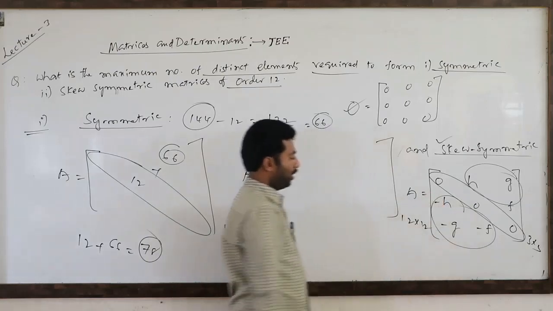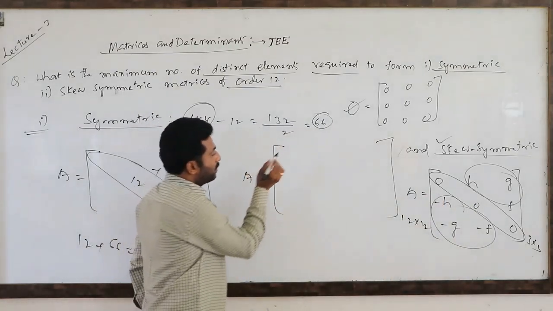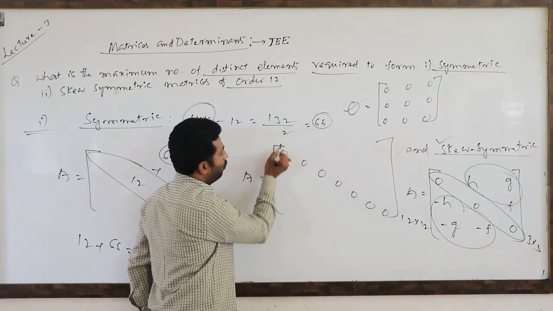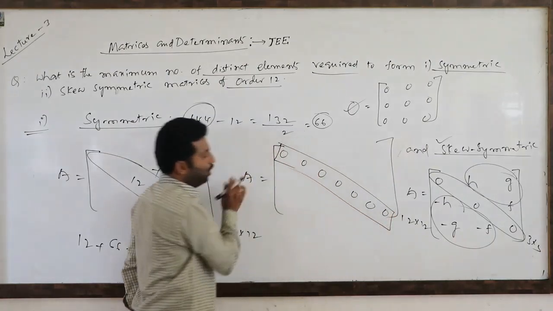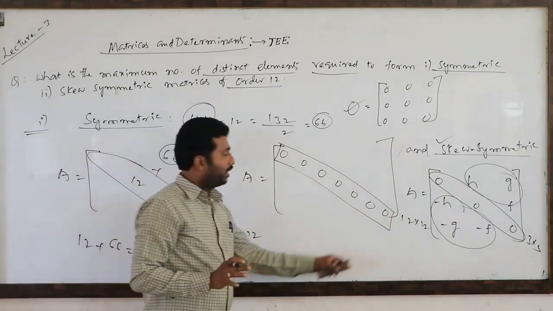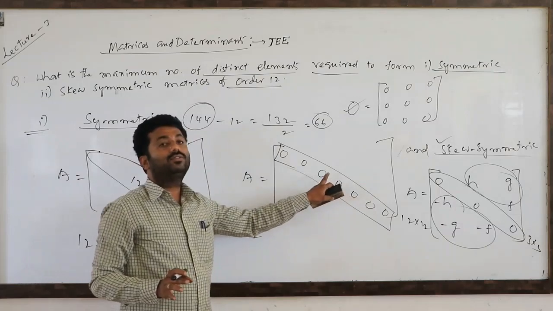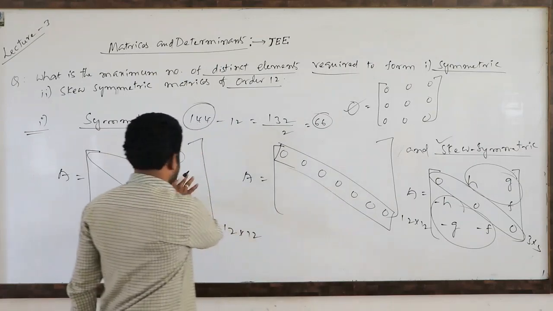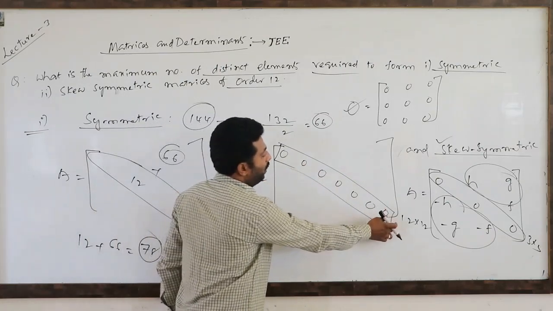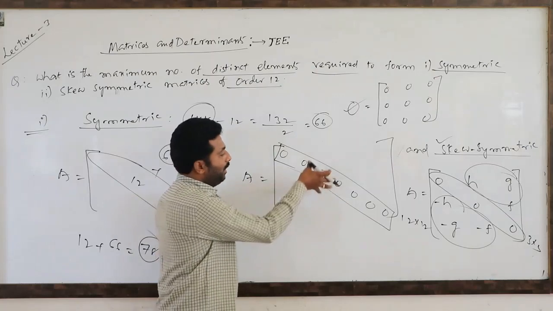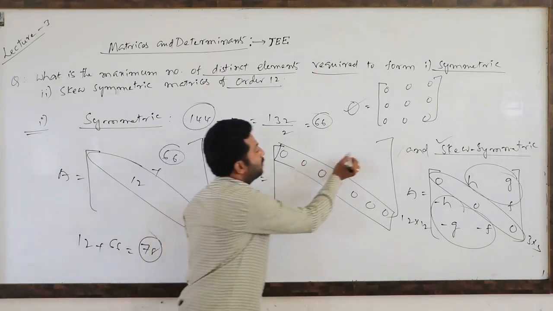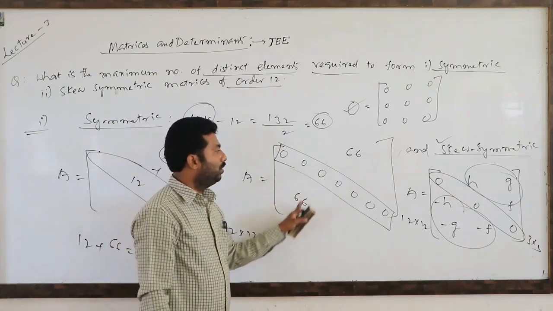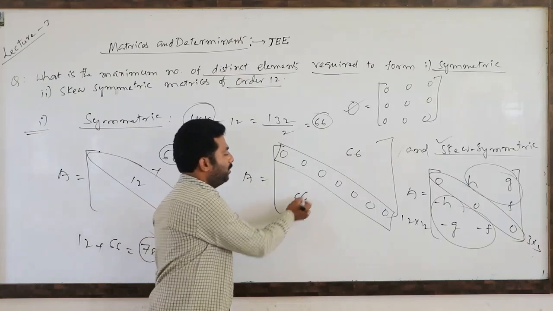So for 12 by 12, if it is skew symmetric, all the principal diagonal elements must be zeros. So all these 12 diagonal elements must be 0. Whatever distinct elements you take, compulsorily these diagonal elements are filled by only 0. Next, same as symmetric: actually 144 blanks are there. Here 12 blanks are filled up. Remaining here 66 places, here 66 places. So 132; if you fill up these blanks, no need to fill up the other blanks.